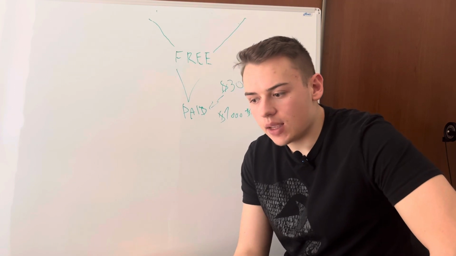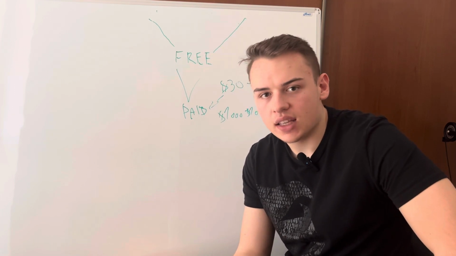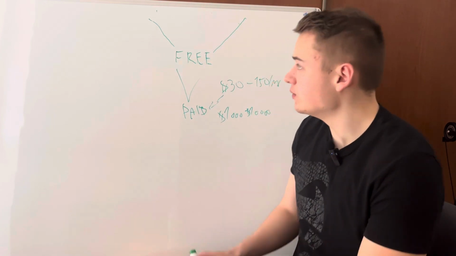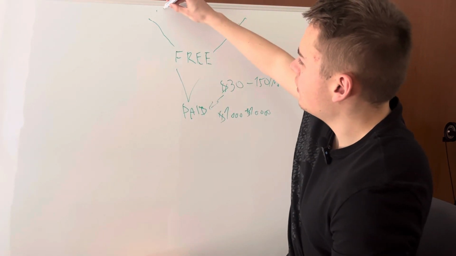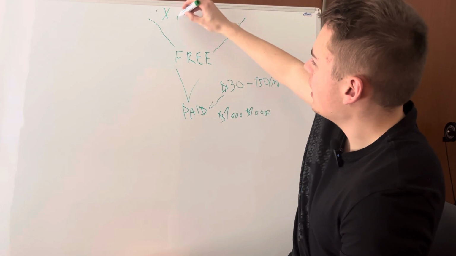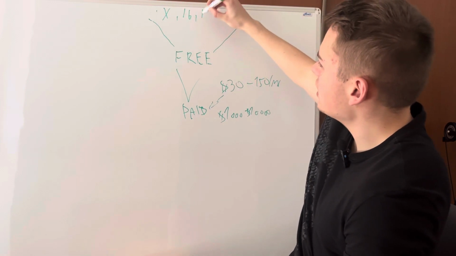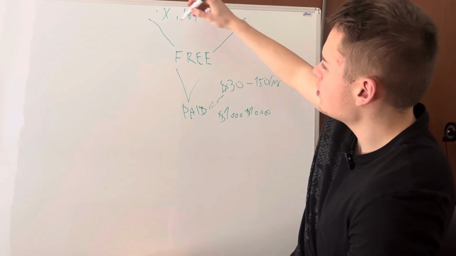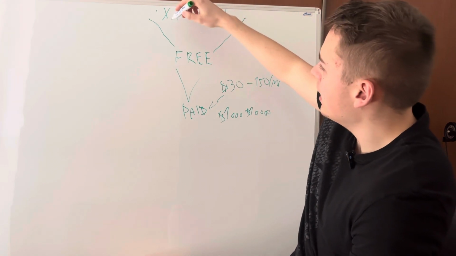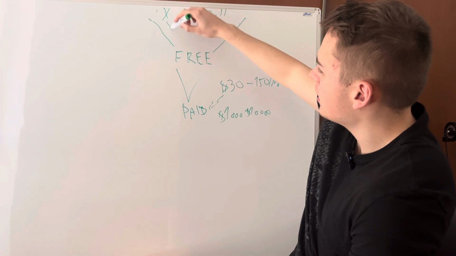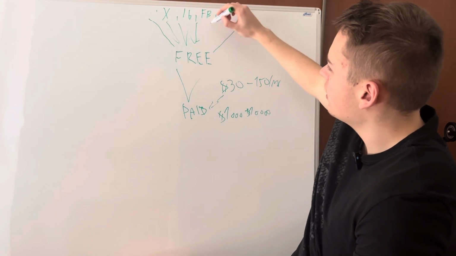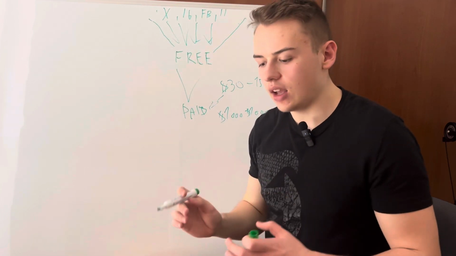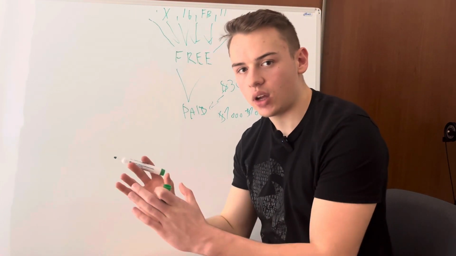We are doing setups for people where I actually help them send hundreds of thousands of DMs every single month. And so we have Twitter, X, we have IG, we have Facebook and LinkedIn. And from all of these platforms, we just run outreach, and we are getting all of them into the free community. So from Facebook, LinkedIn, Instagram, we just run automations to actually send DMs to our targeted prospects.